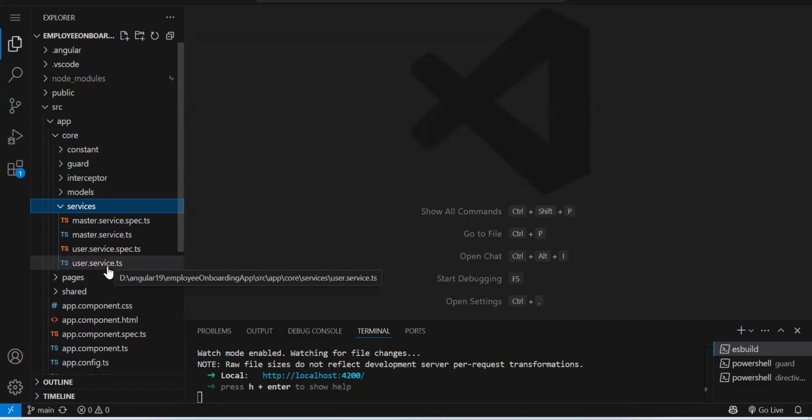So we can store the data into behavior subject, and in all the components we can subscribe to that. Okay. So now NGRX comes into the picture. Whatever you can do with behavior subject, the same thing we can do with NGRX also. No difference. Whatever we can do with behavior subject, how we store the data, how we read the data, the same thing is there in NGRX also.